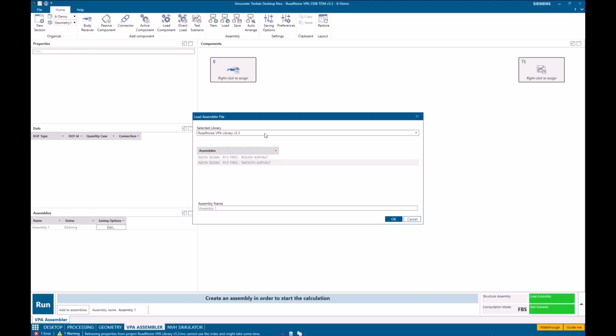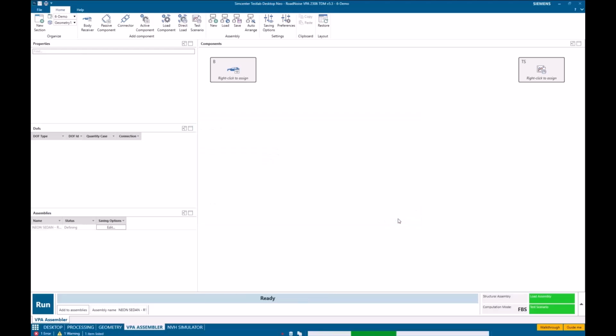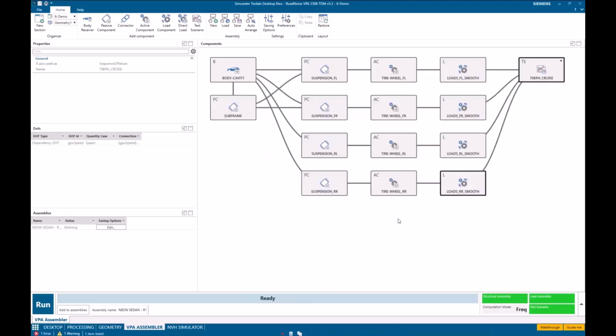So I could have different tires, different suspensions, different mounts, different bodies, etc. in this library. I'm going to first pull up the smooth asphalt assembly and show you how we're getting from essentially the test scenario on the right.